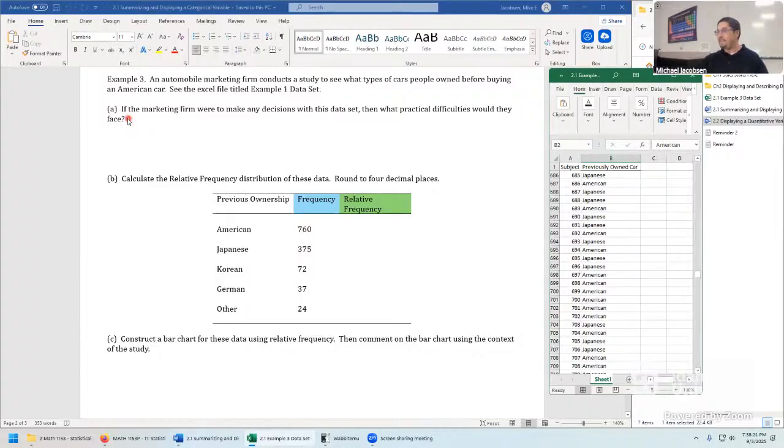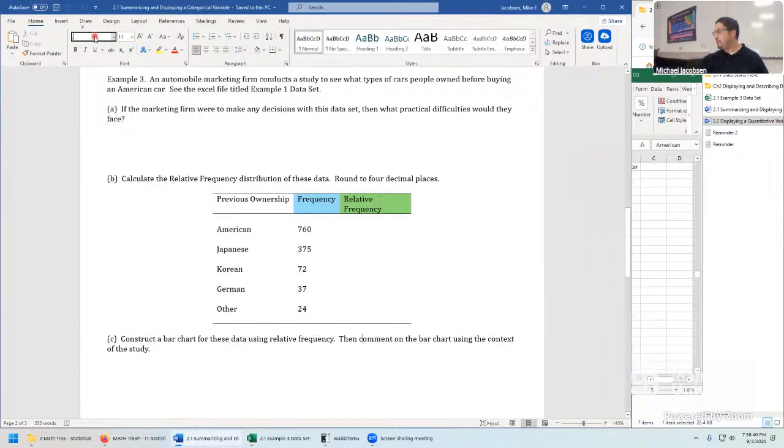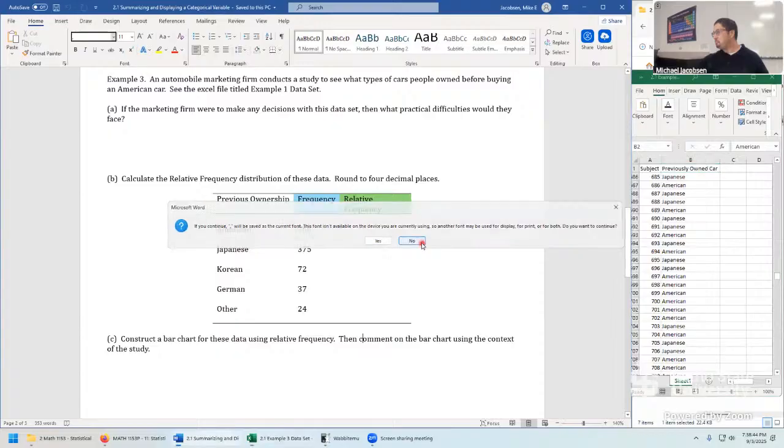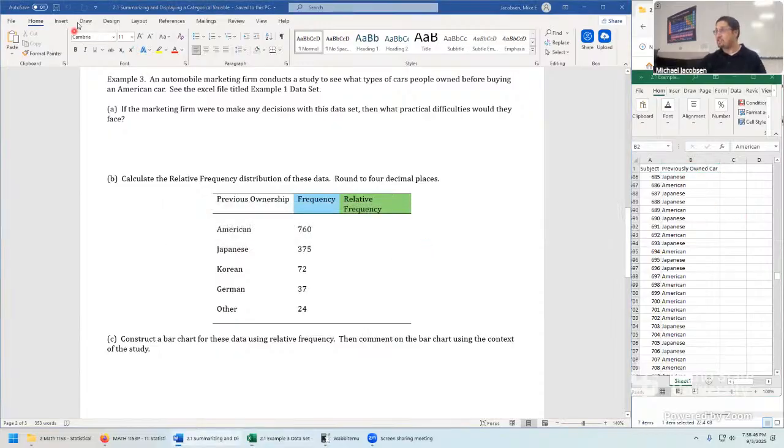So part A is saying the marketing firm were to make any decisions with that data set right there, what would you say the major difficulties are? In your own words, what would you say would make you upset as the owner of the lot? In other words, what's just challenging about this data? Absolutely. We're just scrolling through a whole bunch of lines. We don't really know much about anything about this. So let's say here,